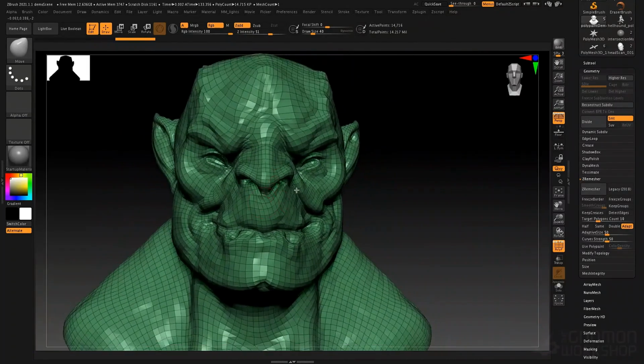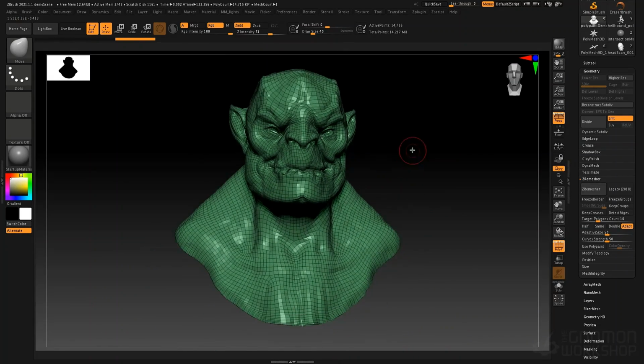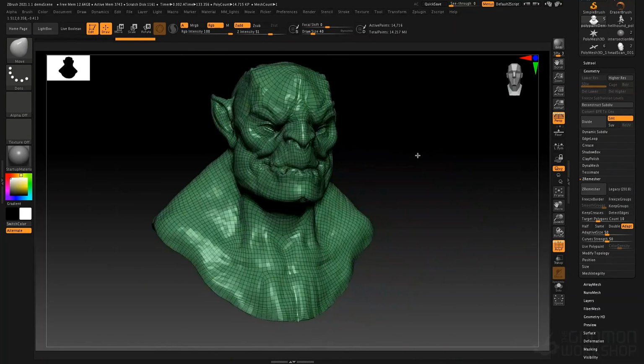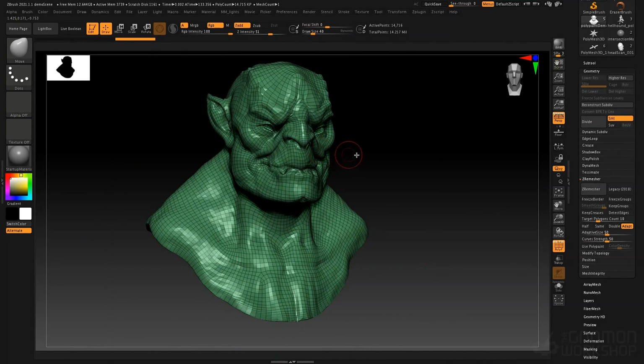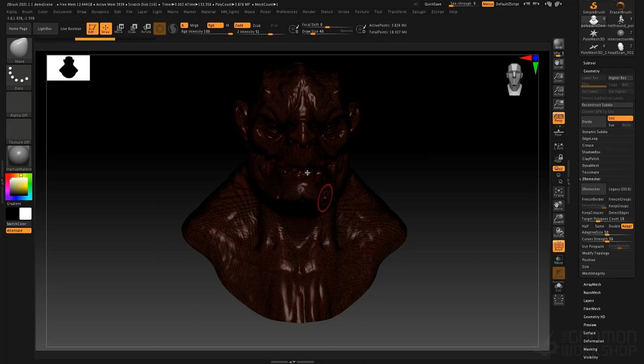Now, as I said, an asymmetrical remesh is not always desirable because you don't end up with a center line. And without a center line, it's hard to do things like mirror UVs, or it can make rigging difficult. There's a variety of reasons why it's not necessarily desirable to do your remesh without symmetry. So let's undo that, and we'll turn our X symmetry back on, and I will remesh again, but this time